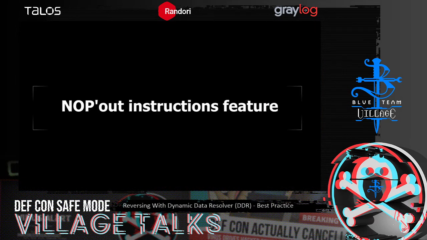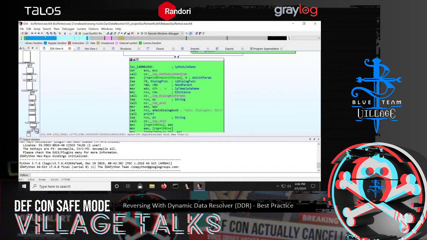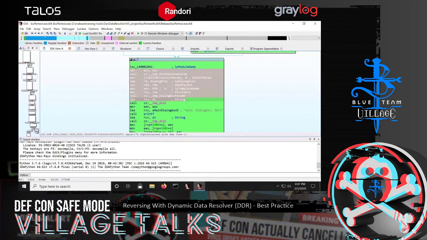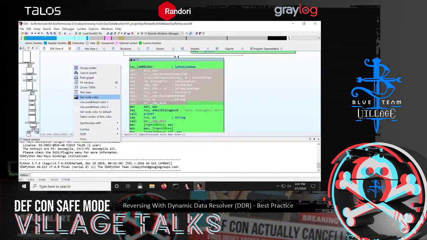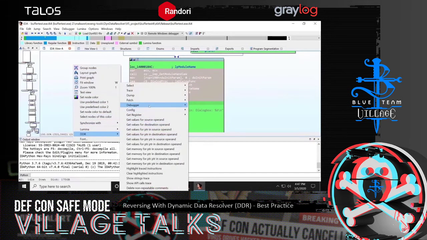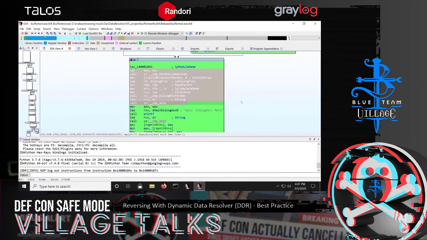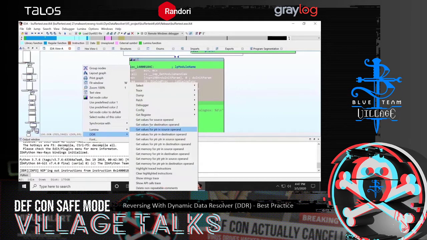Okay, so let's move to the next feature. You can NOP out instructions at runtime. If you have certain instructions which you want to get rid of, like the dialog box which we have seen earlier, you can just mark these instructions and go to the patch menu in DDR. The next time you execute the sample, for example when you run a new trace, then these instructions are NOP'd out,